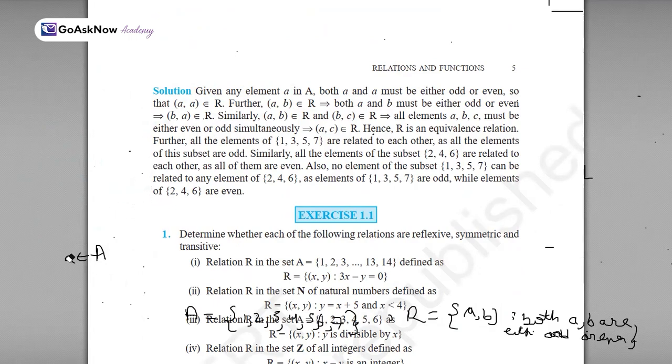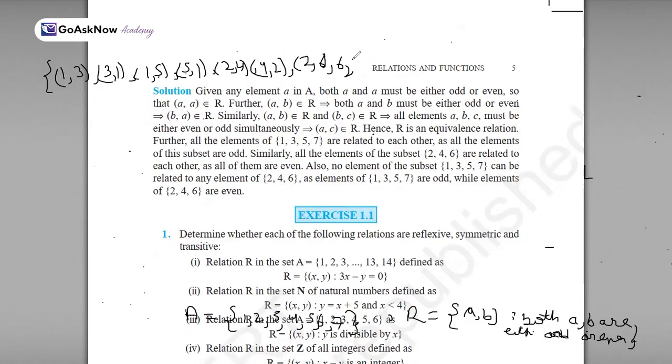So one part is over and two parts are remaining. If I have (1, 3) there, then I must have (3, 1) also there. Yes, it is true. And if I have (1, 5) there, then I have (5, 1) also there, because both are odd. If I have (2, 4) here, then I must have (4, 2) also in the relation R. And if I have (2, 6) there, then I have (6, 2) also there. So on, I have got all the (a, b) there. This implies that (b, a) is also there inside the relation R